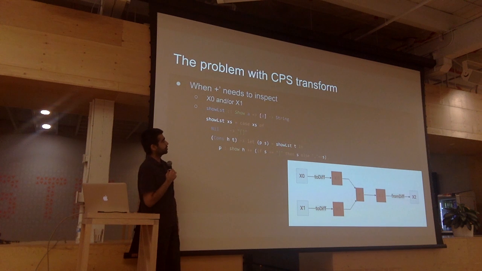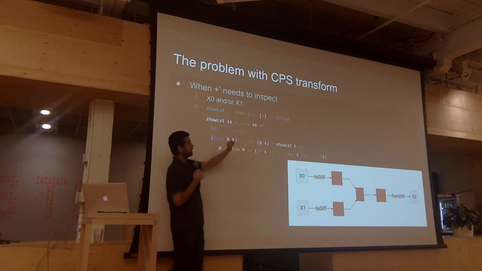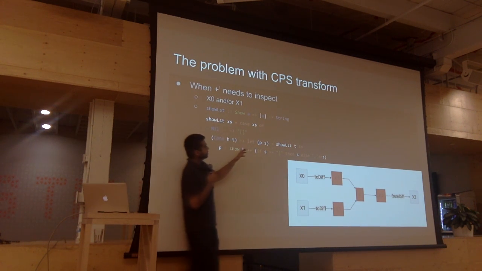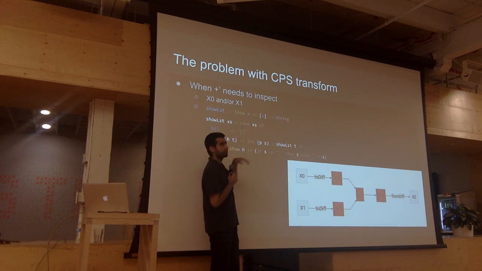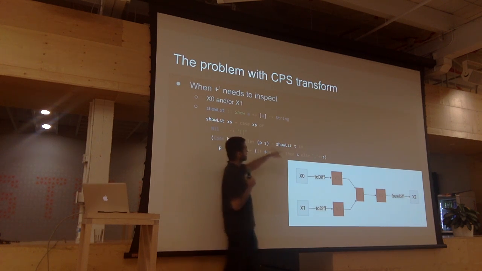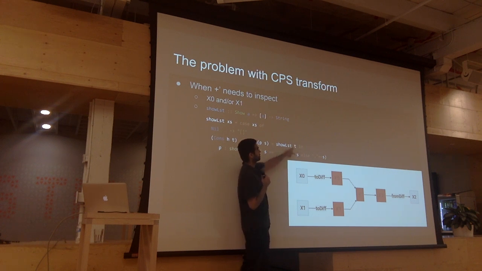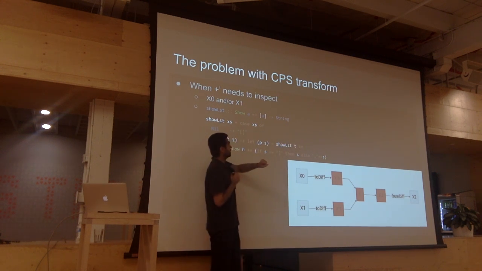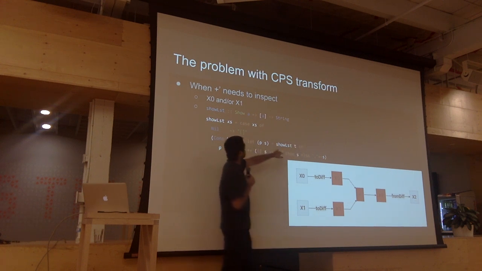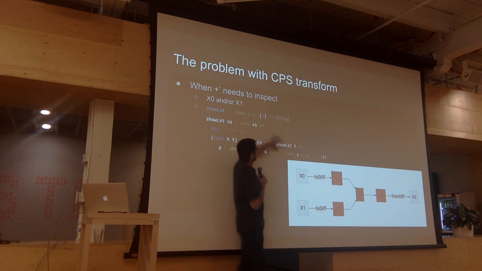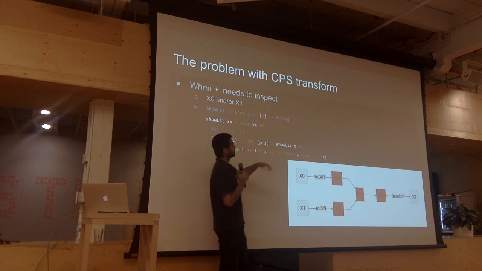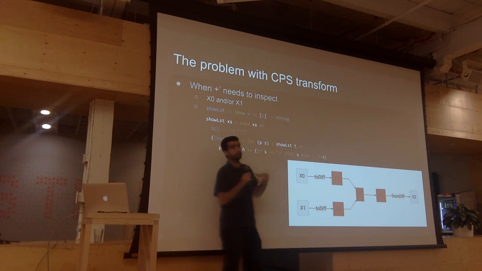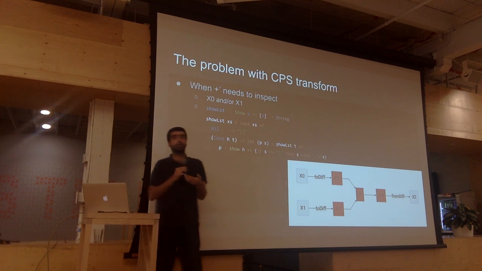If it's a cons, however, it has to have a head and a tail. Good. Let's just pretend that the tail has been transformed, so the output of the tail is something. I'm calling show list T on the tail, and I'm decomposing it, right? So show list T, and in this example, you can also see where the reflection is happening if you think about a string being a list of characters, right?